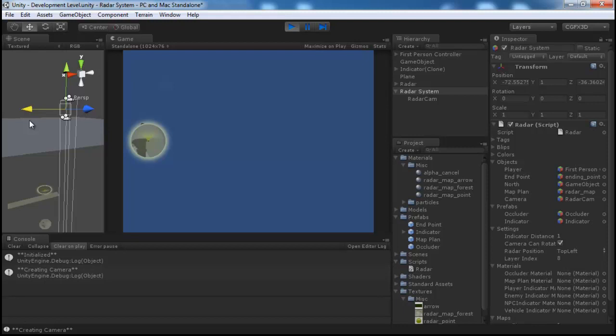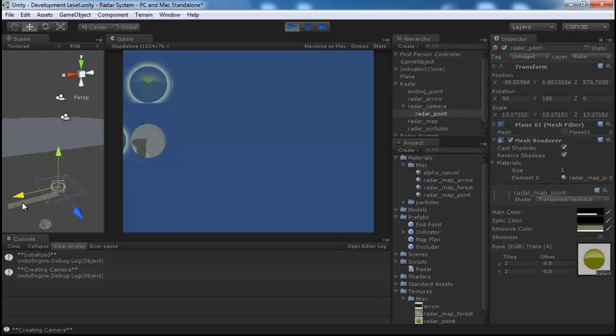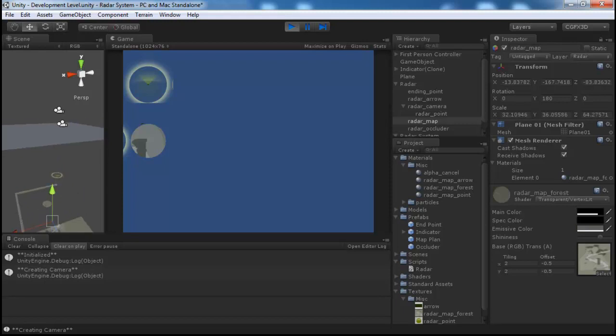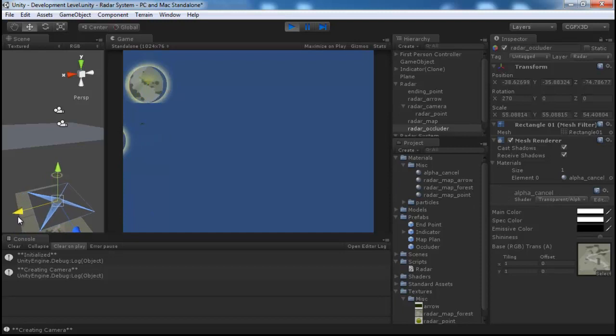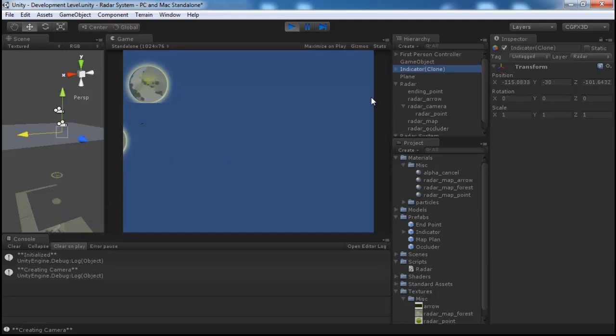Ooh. Z. And if I just move it there, this is the whole reason, you know. Now where is my indicator? And if I move it down below this layer,